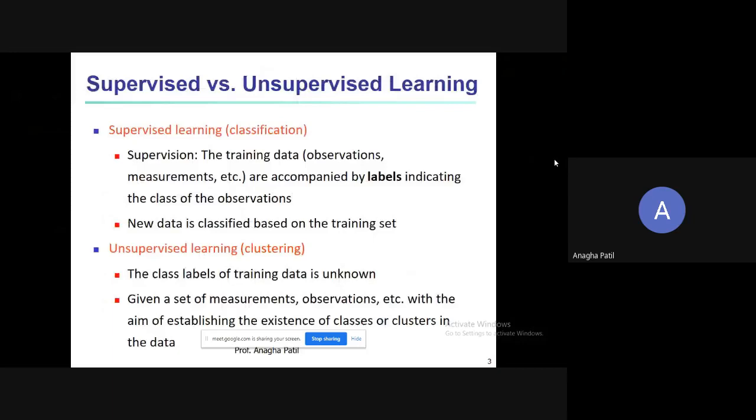So before moving to this, we need to understand the difference between supervised and unsupervised learning. Supervised learning is the one where the training data is available and is accompanied by the labels.